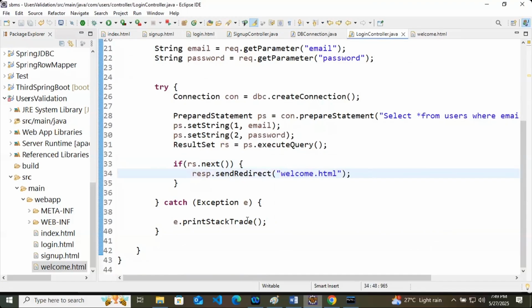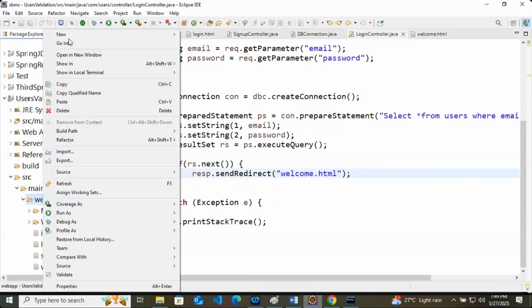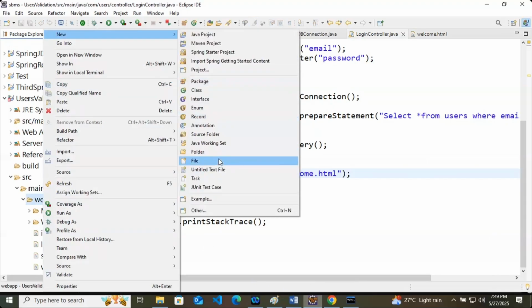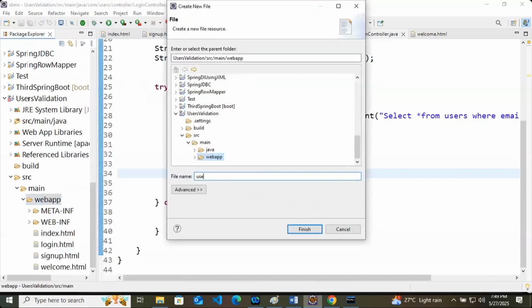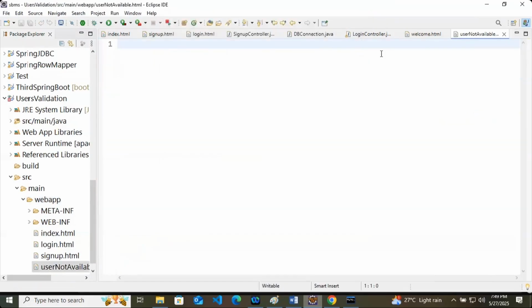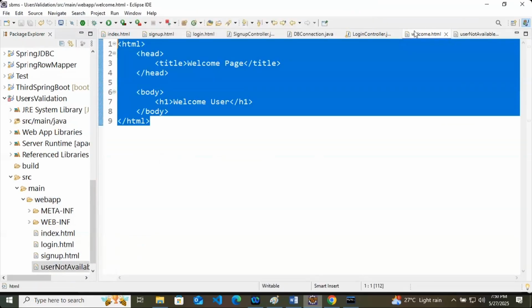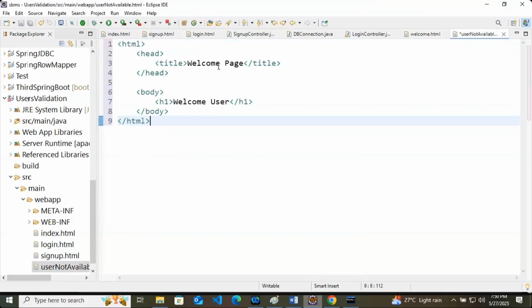In the else, we should create an error page, a simple HTML file named user not available dot html. And here we will write very basic code: error page, it is our error page.